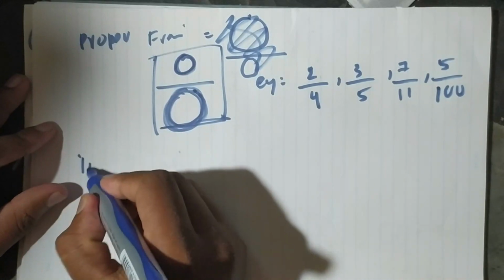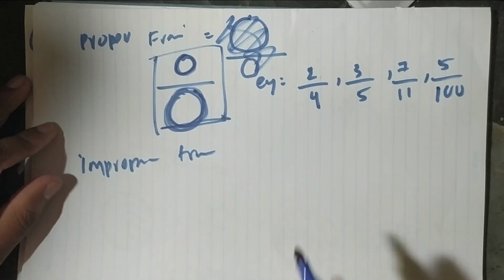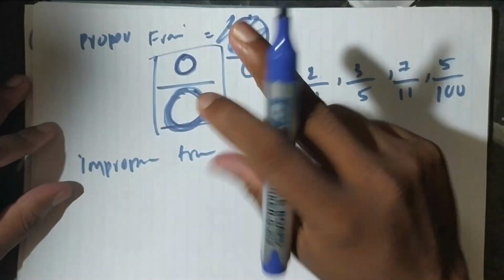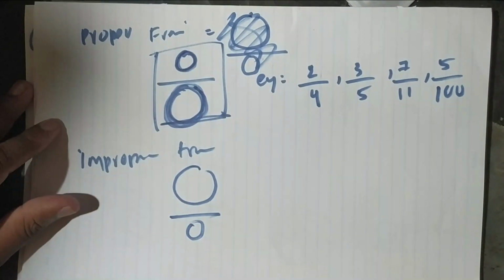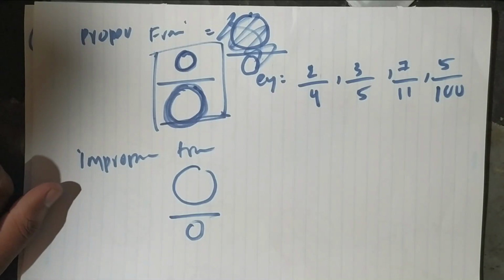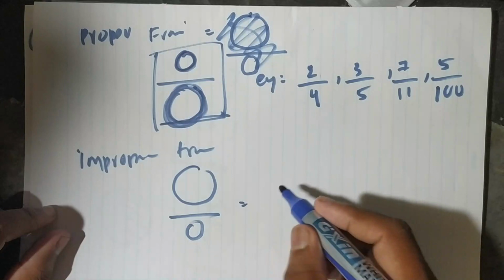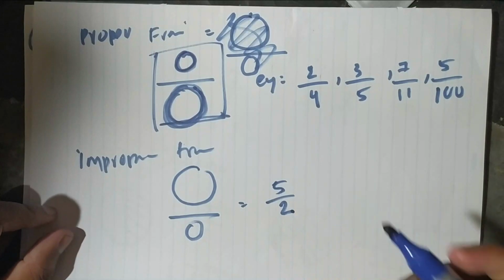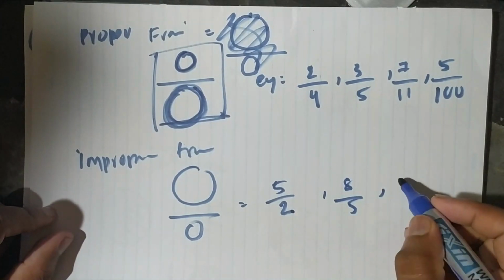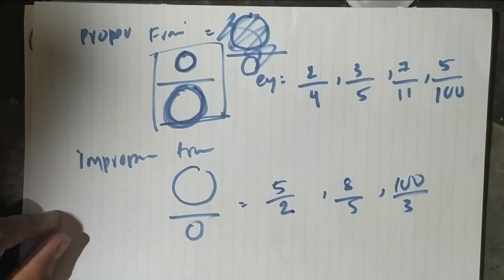The next part is improper fraction. Improper fraction means the reciprocal, that is, upside down. Think of a man who is keeping his legs up and his head down, with his stomach up there. This is what you call an improper fraction. I'm just giving an example. Let's say 5/2. In this, the numerator is bigger than the denominator. You can take 8/5 or 100/3, like this. You can take any such fraction; that is what we call an improper fraction.